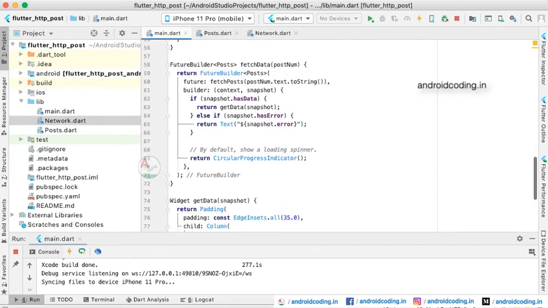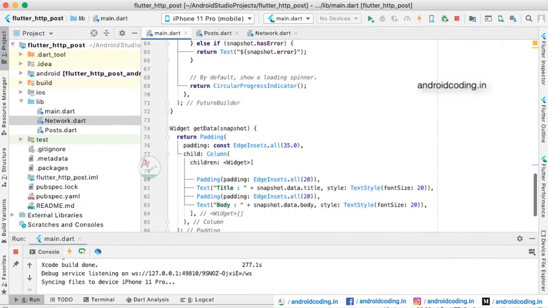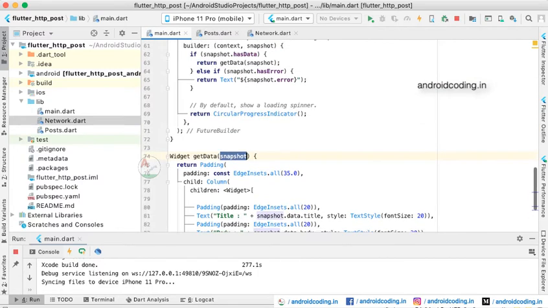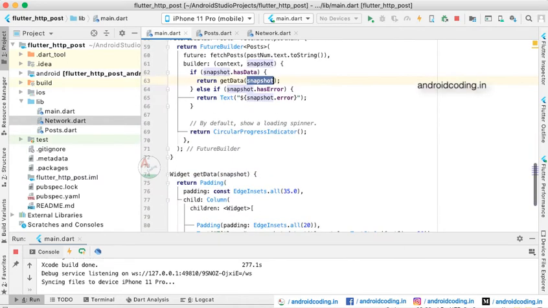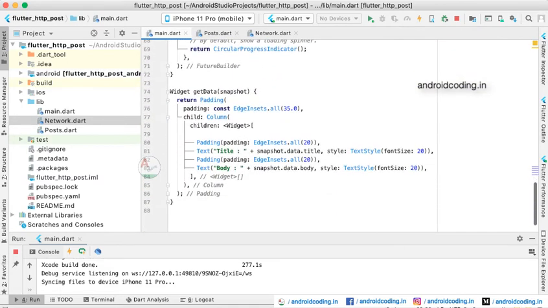So here you can see inside the fetch data we will be passing the parameter, the user input value, and here we will be making a network call here. So after fetching the data, we will be displaying them with the help of a method. Here you can see with the help of a widget get data here. So we will be passing the snapshot here to the widget here, and with the help of the widget we will be loading the data accordingly, title and body here you can see.